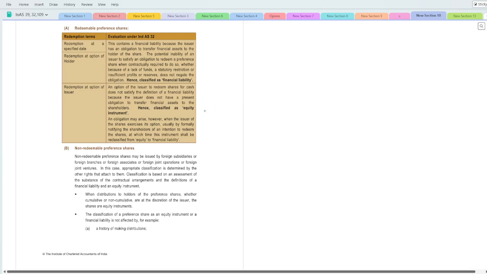ठीक है कि अब जब तक वो ऑप्शन एक्सरसाइज नहीं होता इश्योर के पॉइंट ऑफ व्यू से, तो वो इक्विटी इंस्ट्रूमेंट कहलाएगा। जैसे ही इश्योर ने वो ऑप्शन एक्सरसाइज किया, वो उसकी एक लायबिलिटी बन गई कि हाँ भाई अब मेरे को कैश पे करना पड़ेगा, तो फिर ये इक्विटी इंस्ट्रूमेंट फाइनेंशियल लायबिलिटी बन जाएगा। ठीक है।